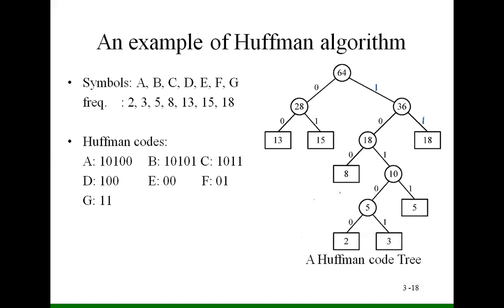This is the Huffman code tree. Already you know this Huffman code from your data structures and advanced data structures subjects. The same thing is explained here by combining, joining, or merging the files pairwise. Each and every time we are considering the increasing order of the size of the files. Depending on that, we are merging pairwise.